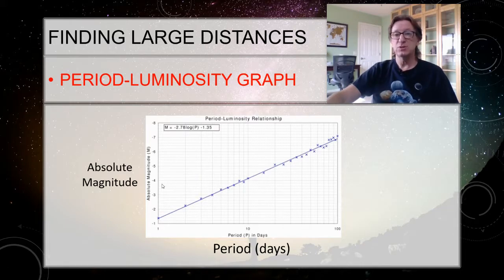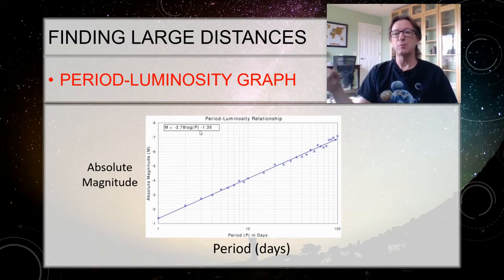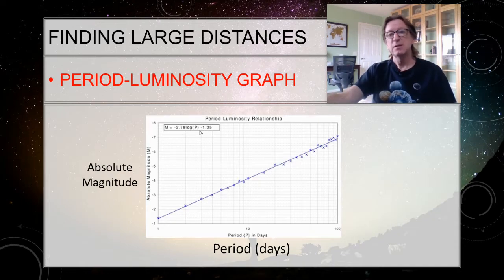Now there's another way that you could do this. If you want to do a little bit of math, you can get a little more precision. You just put in the period in days, so you put in 8.5. Now here we are actually taking the log. So on my calculator, I put in 8.5 and hit the log button. On your calculator, it might be hit the log button and type in 8.5. I don't know how it's going to be. Come by Live Help and we'll figure it out for your particular calculator.